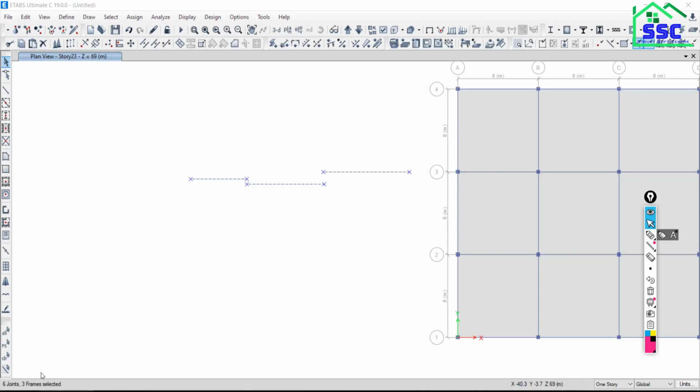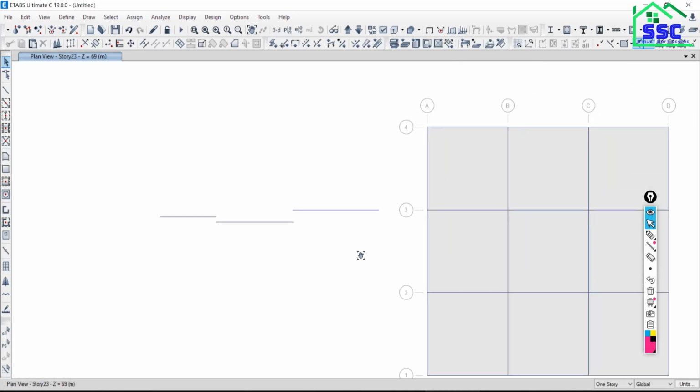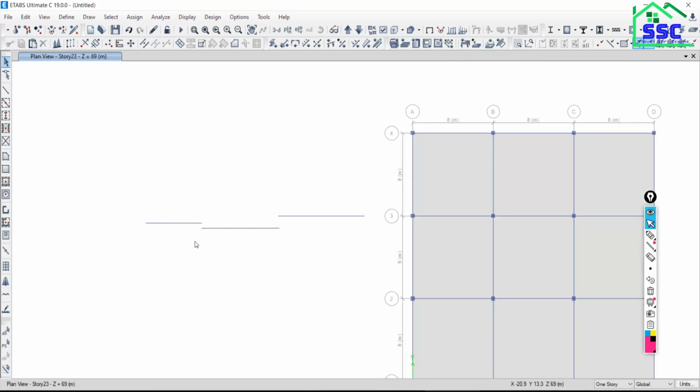15.3. To execute this step, first select the frame and the joints, or directly drag from left to right and cover all the elements, so that everything, frame and joints, will be selected. Then go to Edit, as there is a mistake and we have to edit the model.